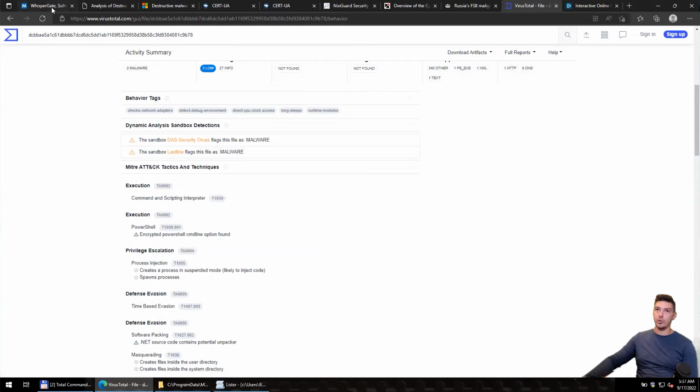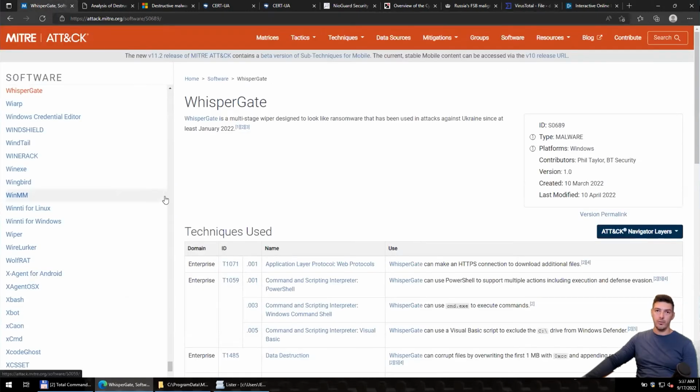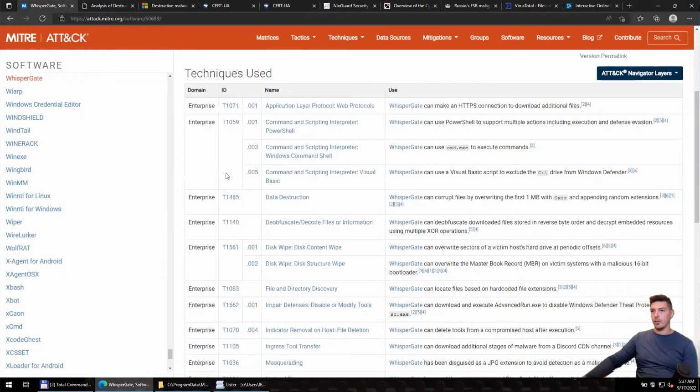By the way, if you go to the MITRE ATT&CK website, you will see the same information about the techniques. T stands for technique, and this is the ID, the actual ordinal number of the technique. And this is the description of the technique, like disk content wipe,